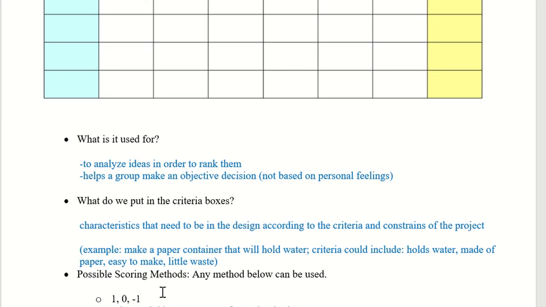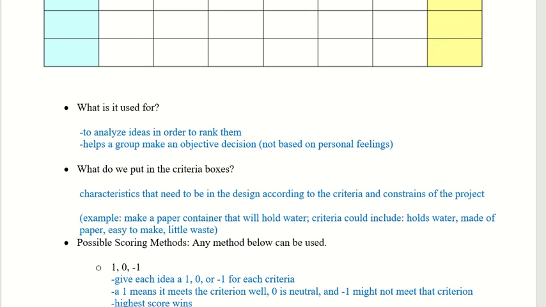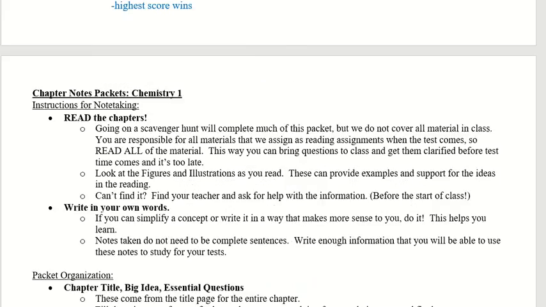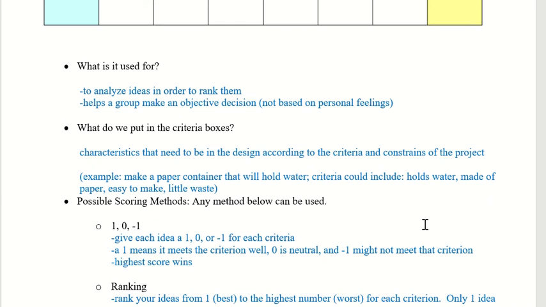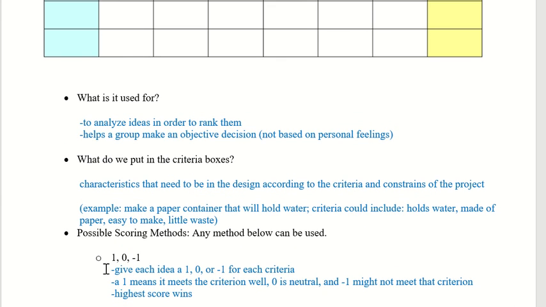Okay, so here 1, 0, -1 is the first possible scoring method. Okay, so in this, you give each idea a 1, a 0, or a -1 for each of the criteria in the table. A 1 means it meets the criterion well, 0 is neutral, and a -1 might not meet